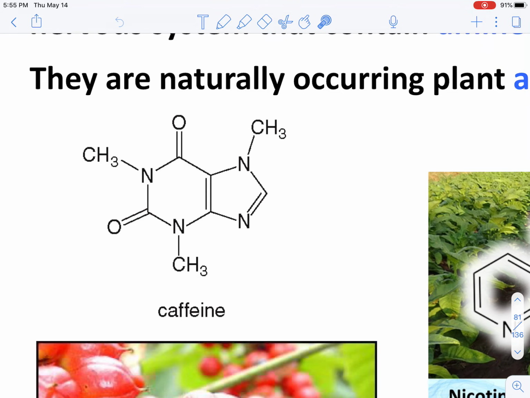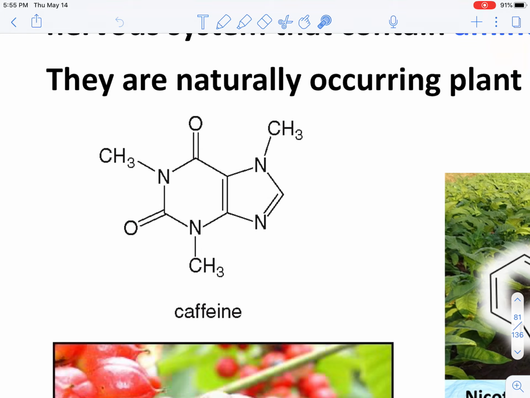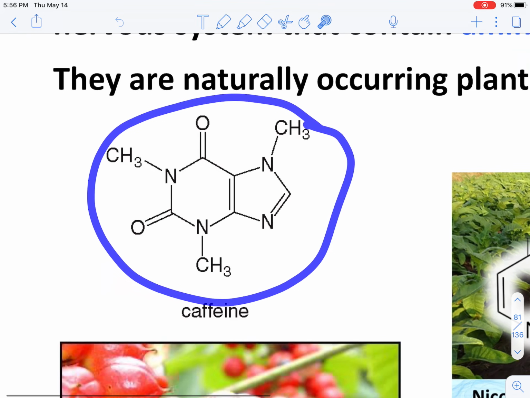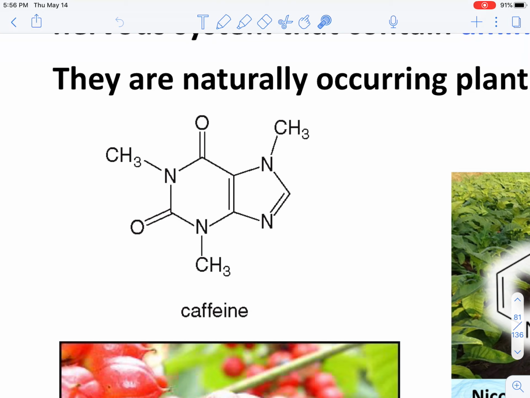I'm not too sure if you have seen this before, but some people who really love caffeine have a tattoo of this on their body somewhere. I've seen it on some people. There are also mugs that have this organic structure as part of their design. So anyways,